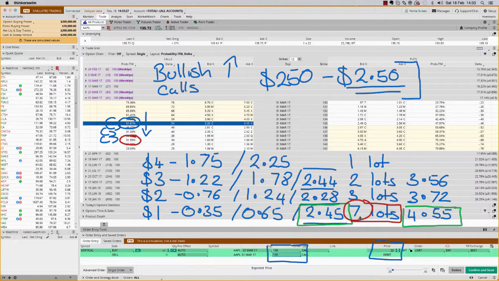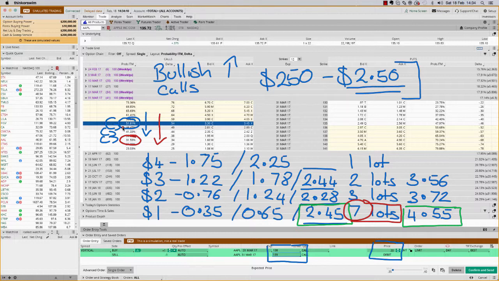So all we're doing is we're incrementally making the spread smaller, but now instead of trying to keep this balance for probability, we're trying to balance for profits. And we're moving the side that we buy further out of the money, closer to the side that we're selling, because we've already got that at the furthest away that we would sell, so we're not going to make it any wider, any further away. So we're just making that spread smaller, and as we're doing that, we're working out, okay, well, how much risk do I have? What's my maximum cost? And how does that compare if I can multiply it by the number of contracts to